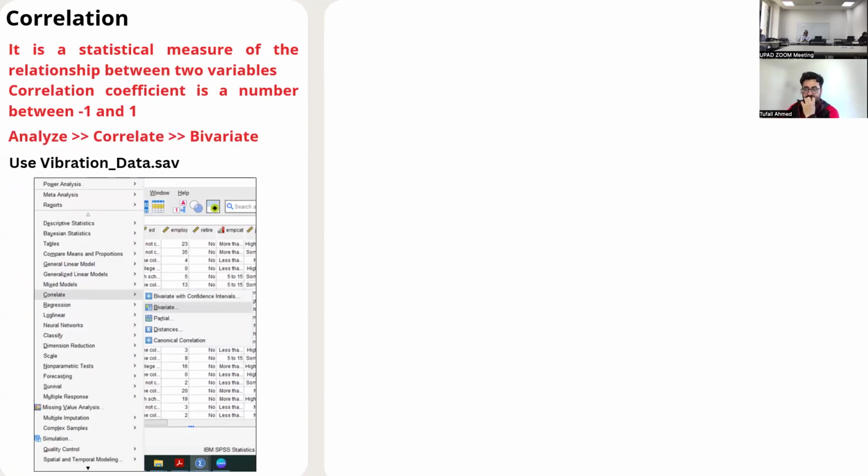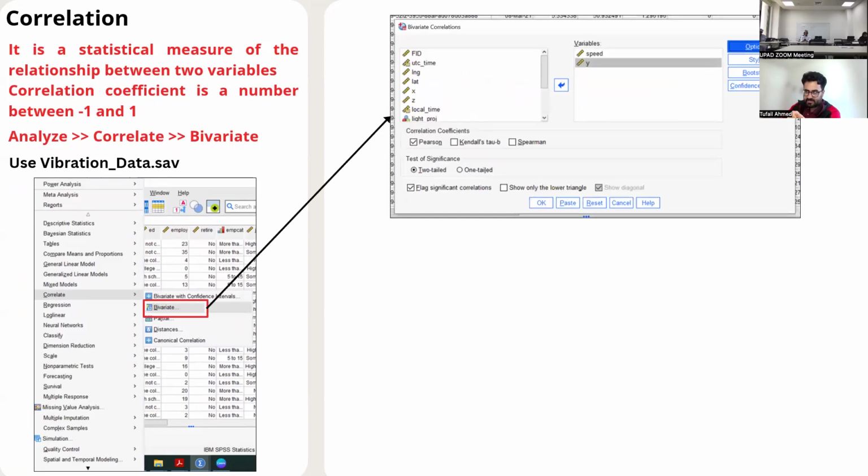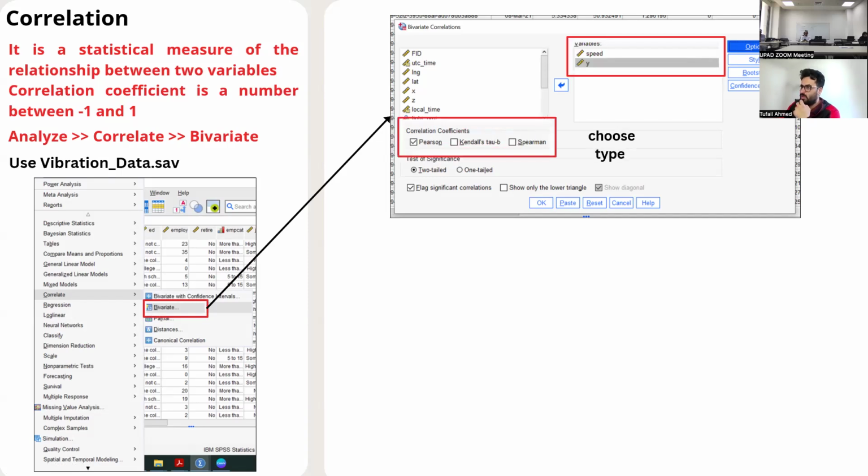How do we do it? We go to analyze, we go to correlate, we click bivariate, and then we put in the variables that we want to test. Let's say I want to test the speed of the bicycle and the roughness of the bicycle path. Roughness is measured by vibration, and in the data set that I'm using, Y represents the vibration of the bicycle path. And then you can choose the type of correlation.